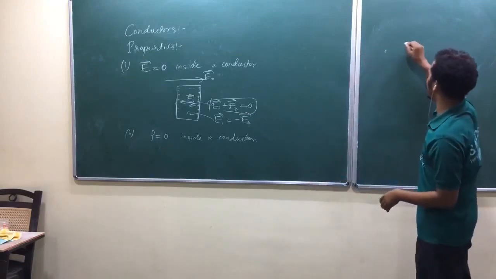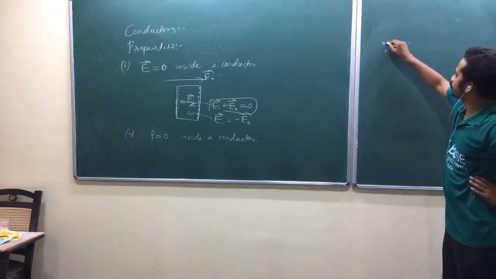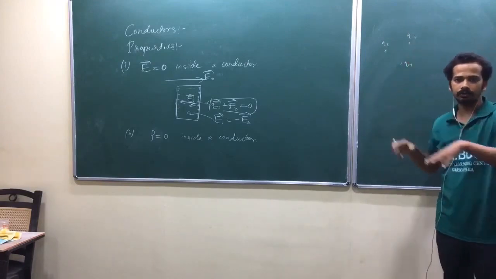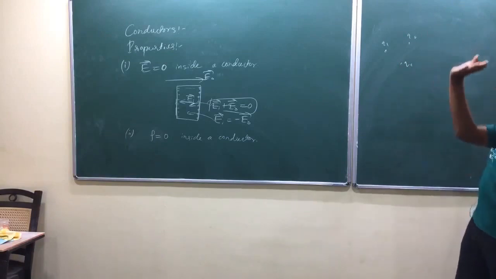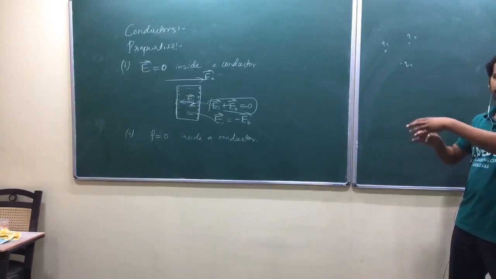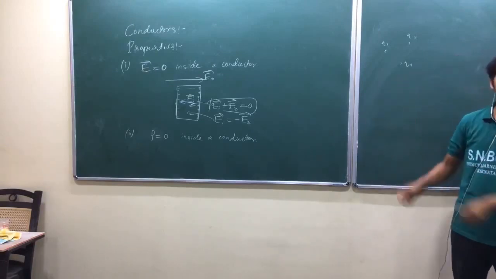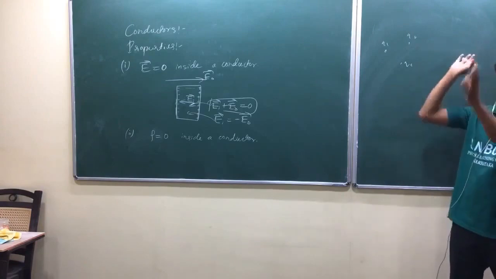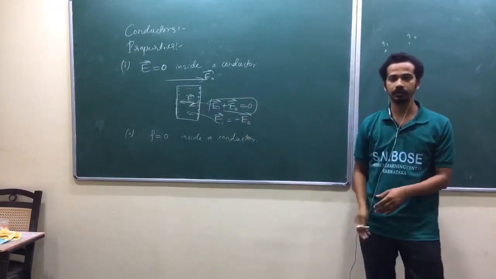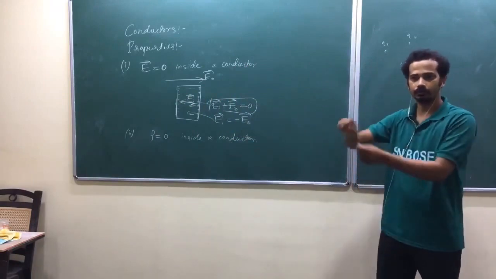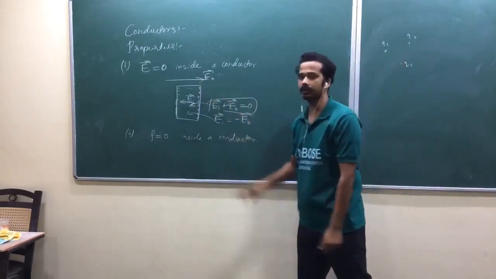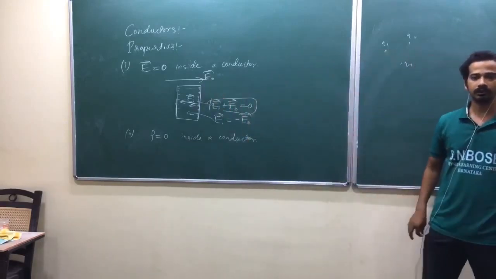Look at here. If I have free charges in a space, not a conductor, suppose Q1, Q2, Q3, all positive, and we are holding them. If you leave them, what will they do? They will move out to infinity, isn't it? Now the charges inside the conductor will feel the same thing. So they will try to move out, but they can't go outside the surface. Again, we have to think about our work function, to take the electron off the surface. So they will not escape from the conductor.